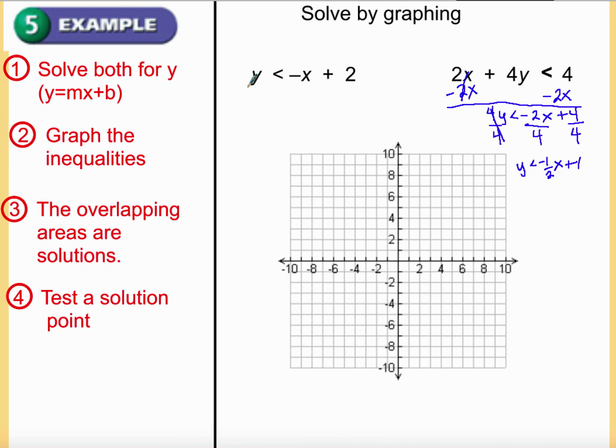This first one, I'm going to go ahead and graph in red. I like red. So this is a linear inequality. I'm going to start at the beginning, so I'm going to start at 2. And then we are going to use our slope to find the next point. The slope here is negative 1, so that's telling me to go down 1 and over 1 from that b value that we previously plotted. And I'm going to just keep using that slope, down 1 over 1, down 1 over 1,